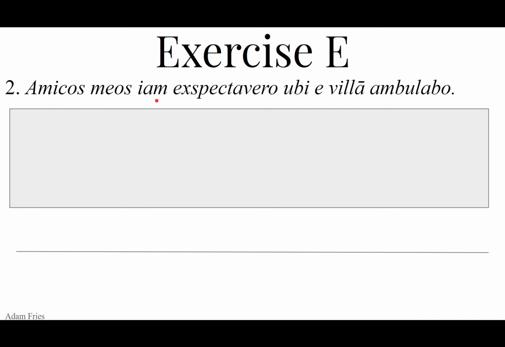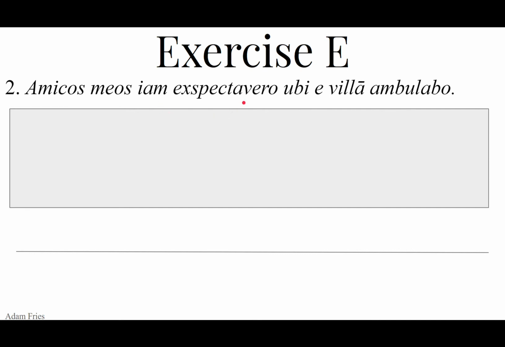Iam, iam is an adverb. And it means now, but it means now either in the past, present, or future. Whereas nunc, the adverb nunc, now, means now only in the present time. Iam can be used in past, present, or future. When it's used in the past, it usually means then. Now, at that time, then, in the past. Iam meaning now in the present, or it can also in the past mean already. In the present, it just means now. In the future, it usually means soon, or it will then at that time be. So we have to know what the verb is because adverbs usually go with verbs. They got the word verb in their name. They can also modify adjectives and other adverbs. Keep your options open.